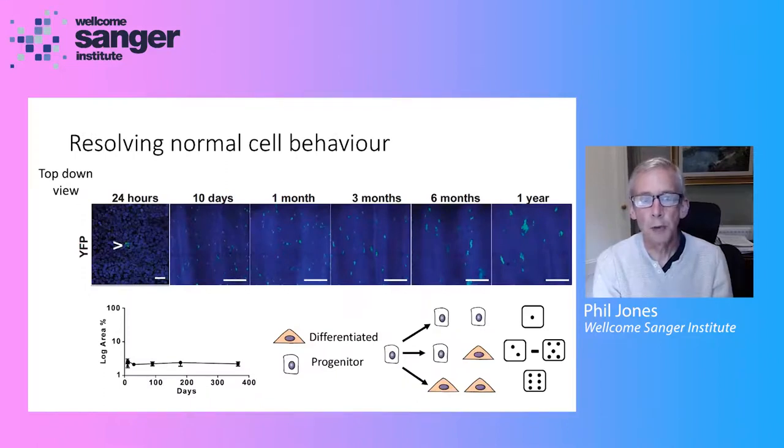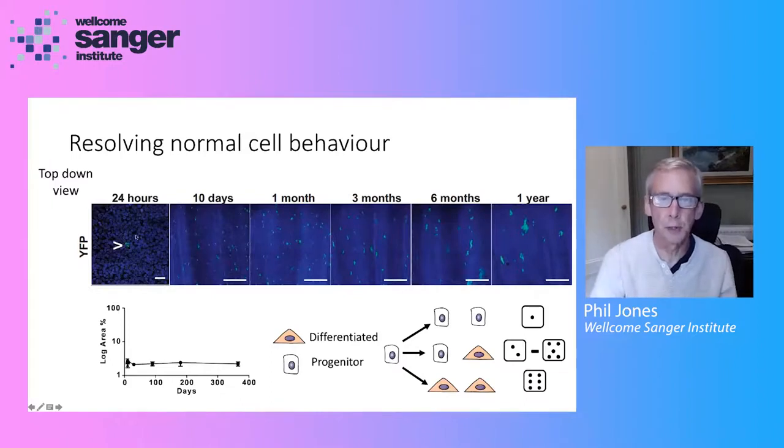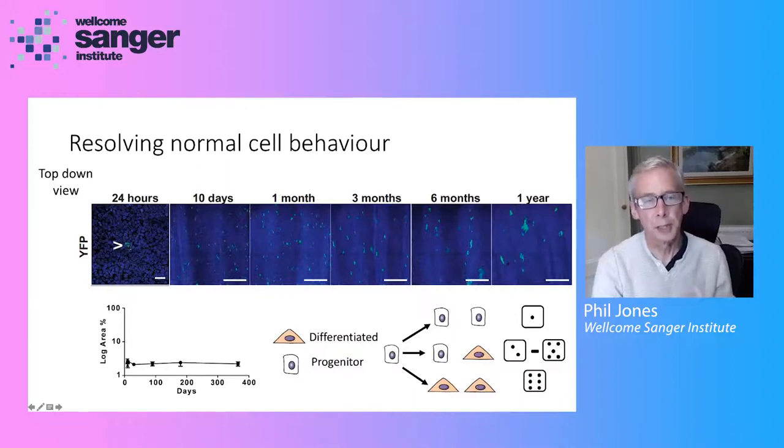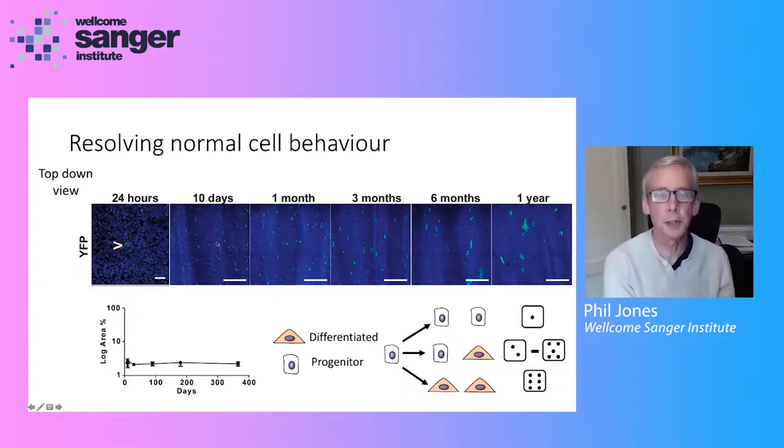To show you a bit more about this sort of experiment, here are top-down views of a sheet of esophagus that we've removed from a mouse at different time points. And we start at the 24-hour time point. You can see a single cell labeled with this genetic label, in this case a yellow fluorescent protein. And by 10 days, we've sort of zoomed out now, you can see many, many small clones with multiple cells. And those clones get progressively larger as we go out to a year, but the number of clones that remain